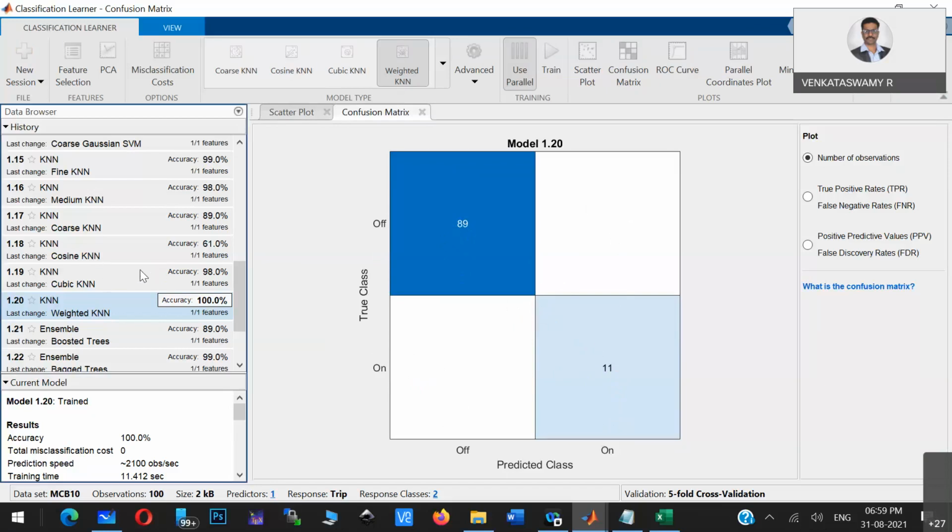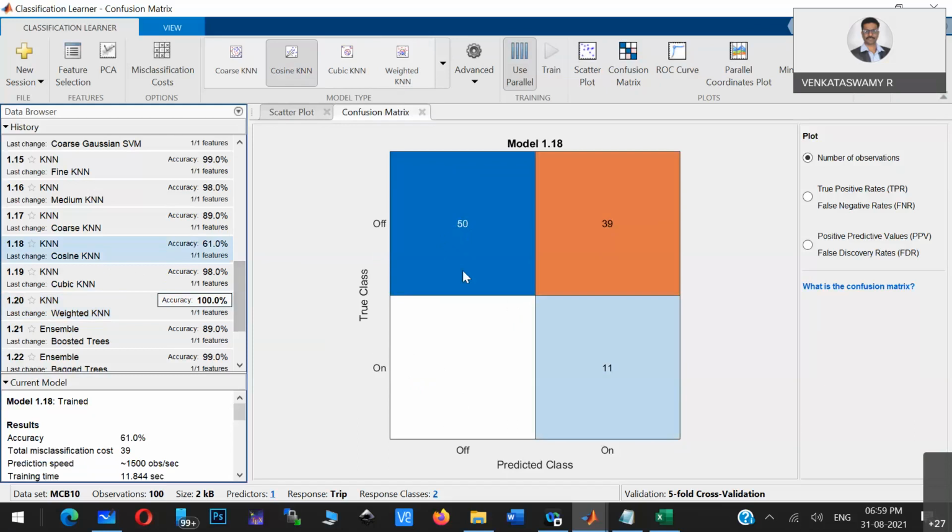If you see the other methods, there will be some off-diagonal elements. That means the accuracy of that particular model is not good. Whenever you have off-diagonal elements, you are trying to get something and getting something else. So in a 100% accurate model, you won't get any off-diagonal elements. This is one indicator to check whether your system is good or not.